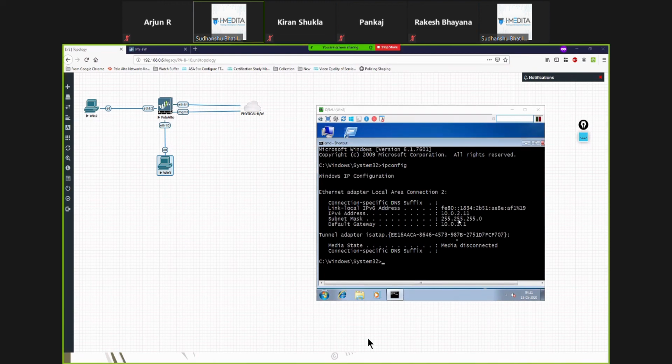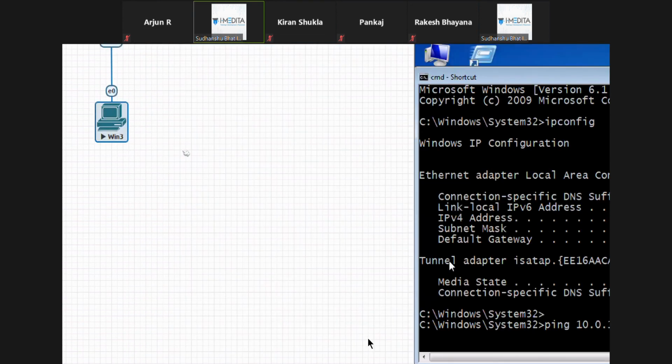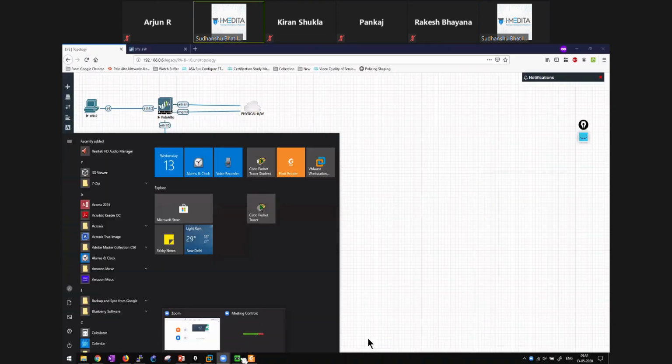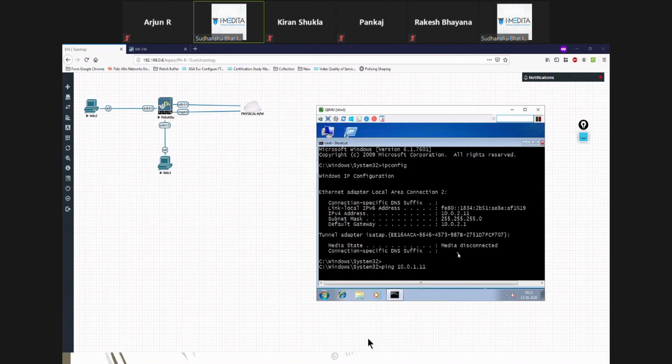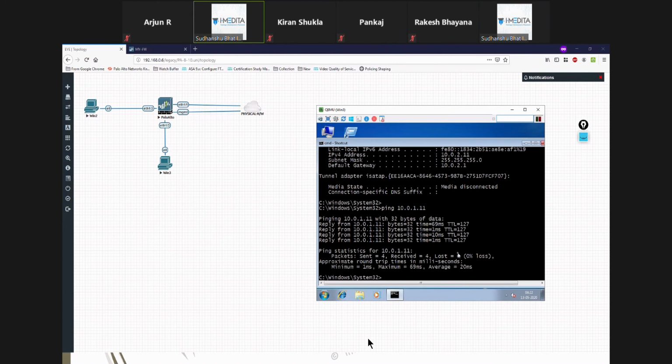Right? And if I try to ping 10.0.1.11, that is, I'm trying to ping from Win3 to Win2, it works. Okay. Why?